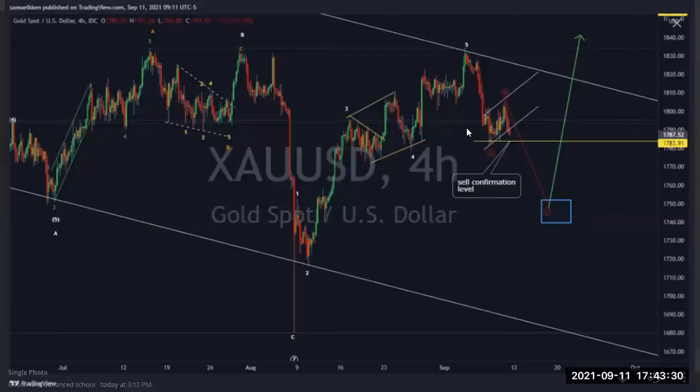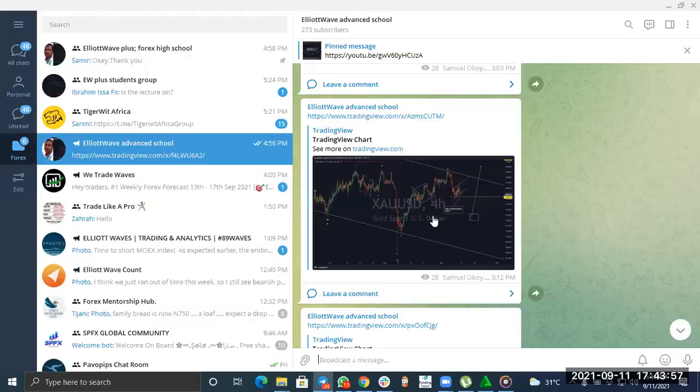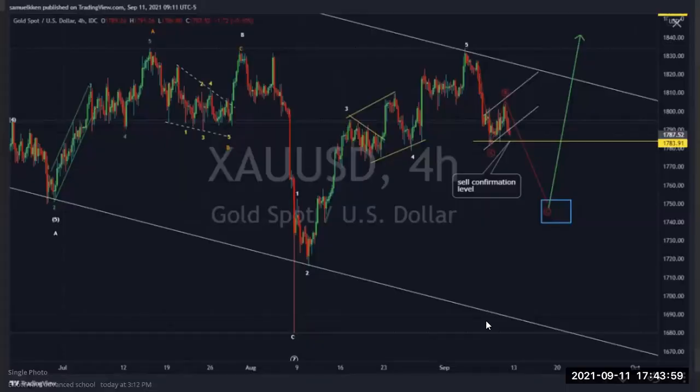Gold and silver, we are still expecting a drop. Once gold breaks this low, then selling will continue. Of course, some have started selling from here, but it is risky to sell or buy without confirmation, because you may think it will go down from here, then you may see it